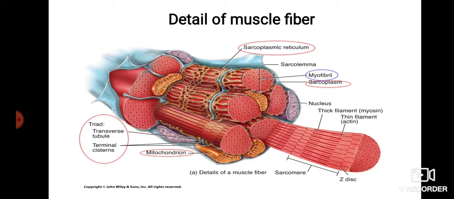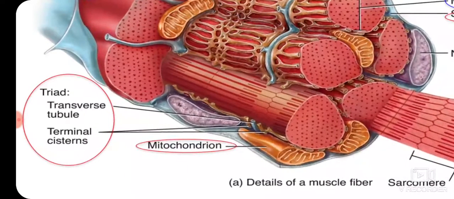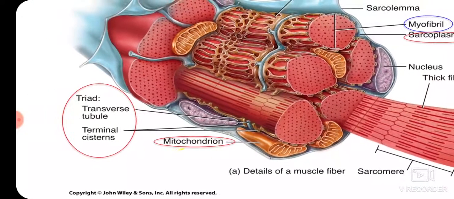These are the myofibrils, and these myofibrils contain the thick and thin filaments. Okay, this we also discuss in the upcoming slides. Okay, this is the sarcoplasm, that is outside the myofibrils. Okay, this is the nucleus, this is the mitochondria, that is the production of ATP, and here you see the